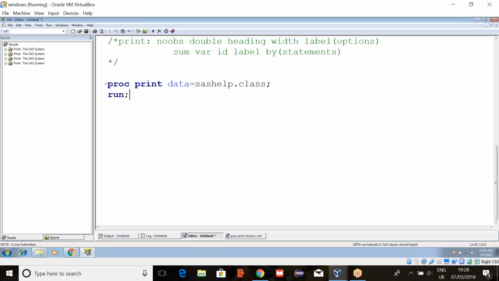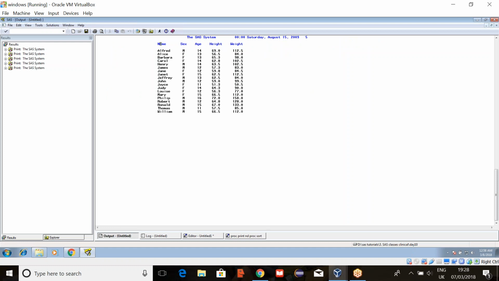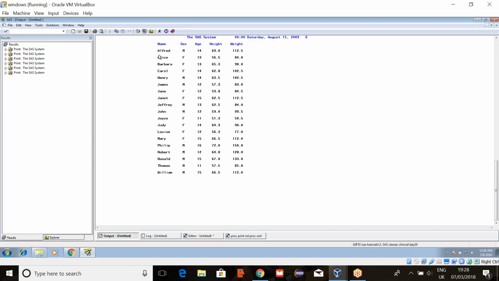In case you don't want that OBS column, here we can write noobs. Now it will remove that OBS column. See? And here we don't have a space between each observation. This is our first observation, and immediately the second observation is starting. So if you need a space there, write double. Now it will double the space, and we'll get some space between each observation.